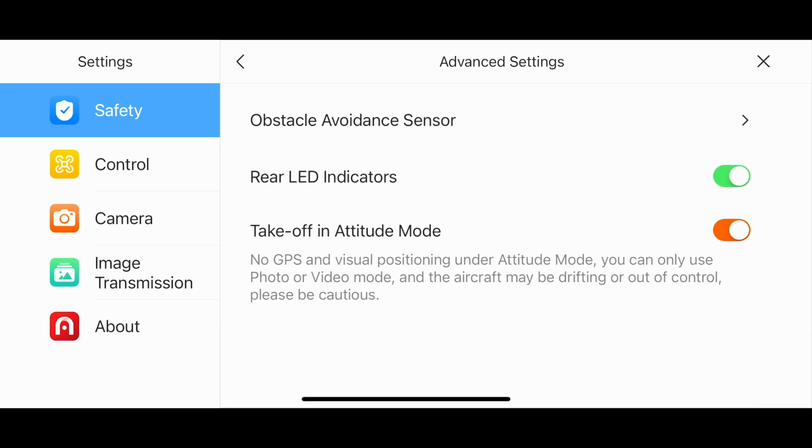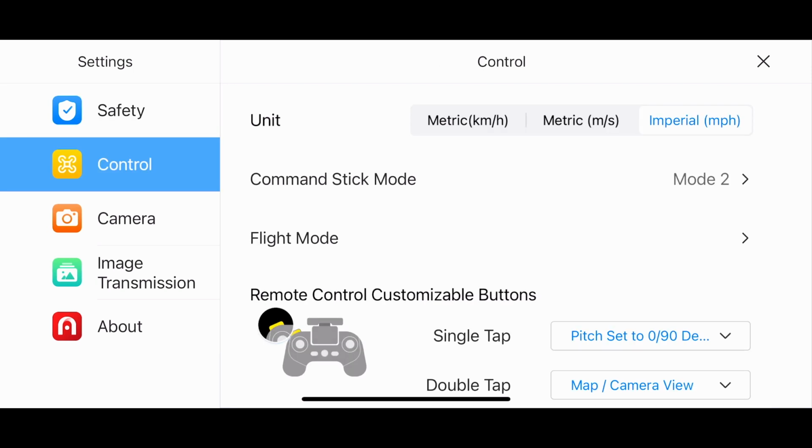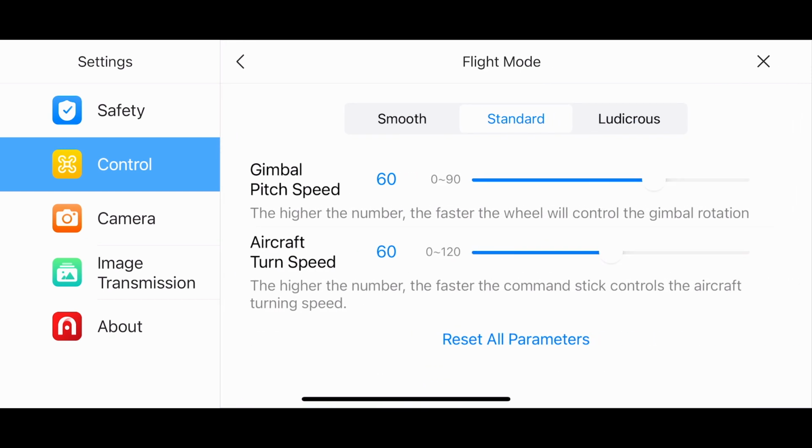You've then got takeoff in attitude mode option there as well, which allows you to take off in that mode if GPS isn't available. Next, moving down to control, here you can set the options for the app. So for instance, we can set the units, whether we want it in metric meters a second, or imperial. We've got our stick mode, our flight mode options, and this allows us to do some setting adjustments under each